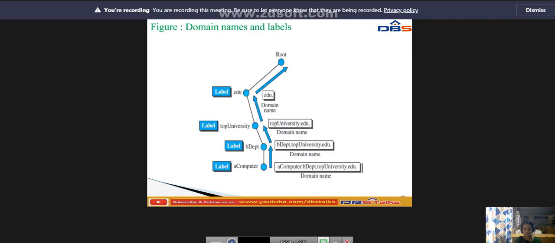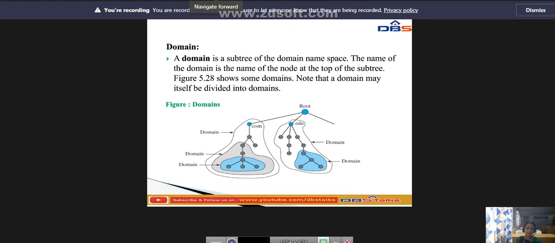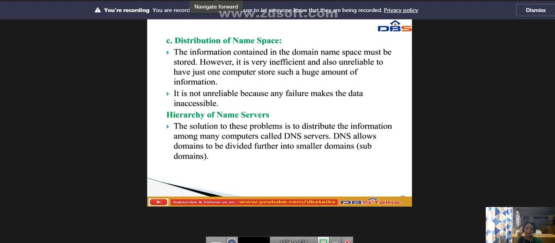So this is the domain namespace with names and labels, and these lines are the domains. We have the root here, and this is education, and this is .com. These are the domains here.